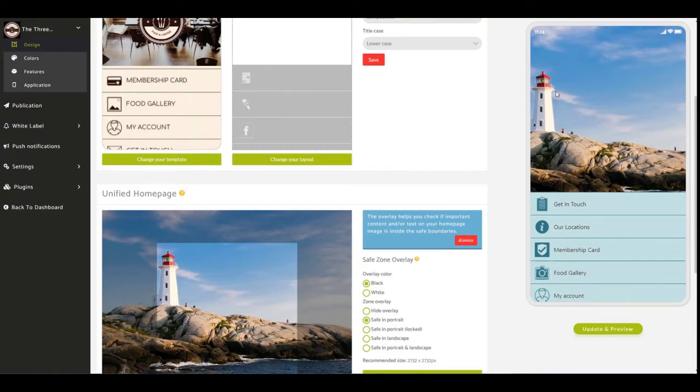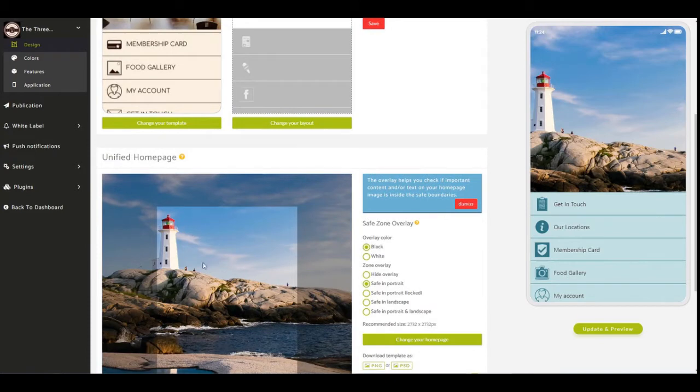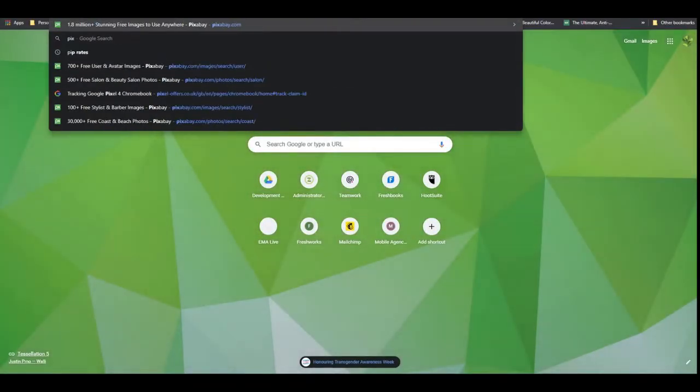I haven't actually managed to grab the actual image of the one in that locality, but I'm not presenting this to the business at this stage. This is just a demo app for the purposes of training inside the members area here. So like I say, a lighthouse is quite significant for the area, and so that is what I've used the picture for. Now I've got that picture off a place called Pixabay, so if I load this up, this is